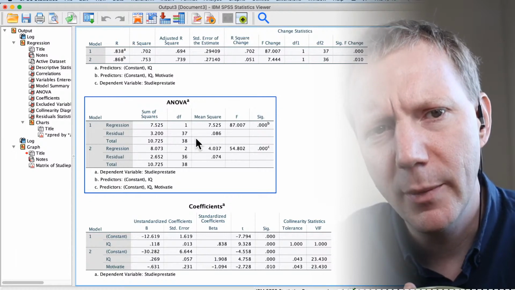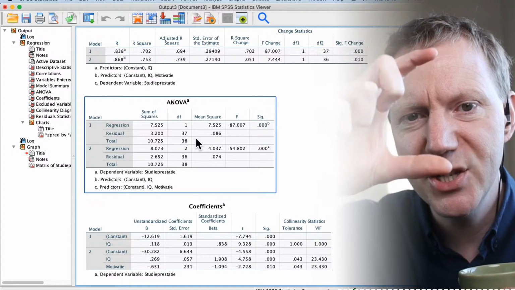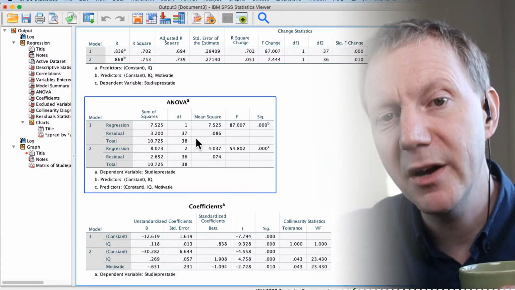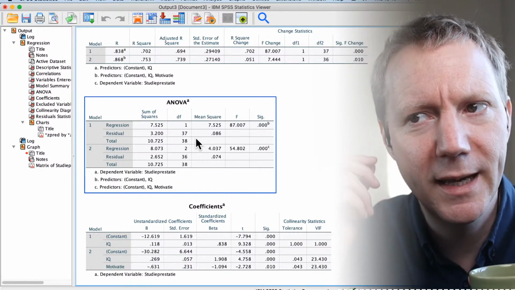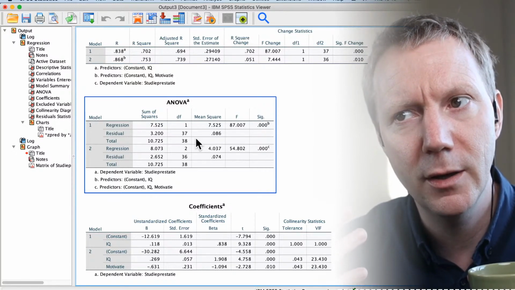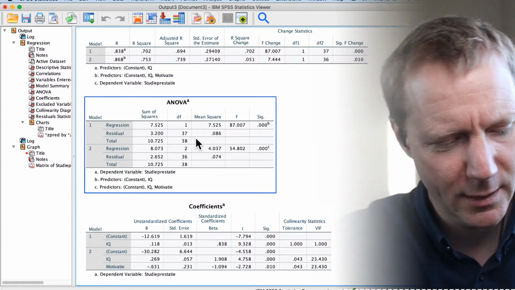The total amount of variance is just the sum of all the deviations of each individual score to the mean of the entire group. So you can determine, based on your data set, the total amount of variation that there is. If you have a total amount, and you have a part that is explained and a part that is not explained,